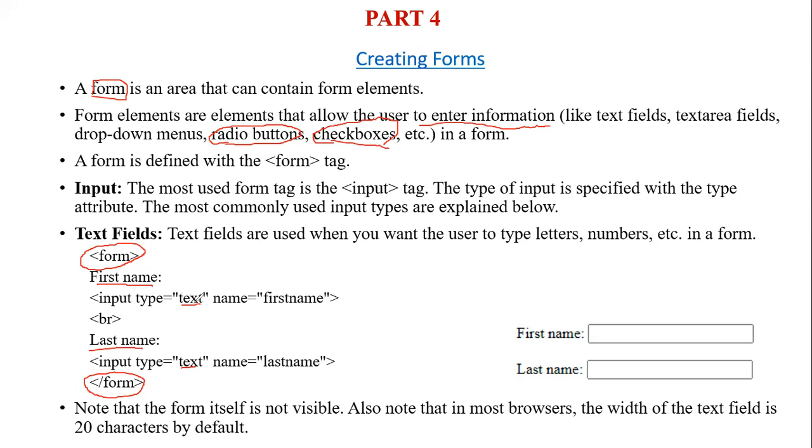Just put the text. You know what this means? The text includes numbers, alphabets, or symbols also. For example, if you are going to enter your name, maybe ABCD. So this is one of the text here. But what is the last name? Also maybe ABCD. Okay, so this is also the text. So you put the text here.